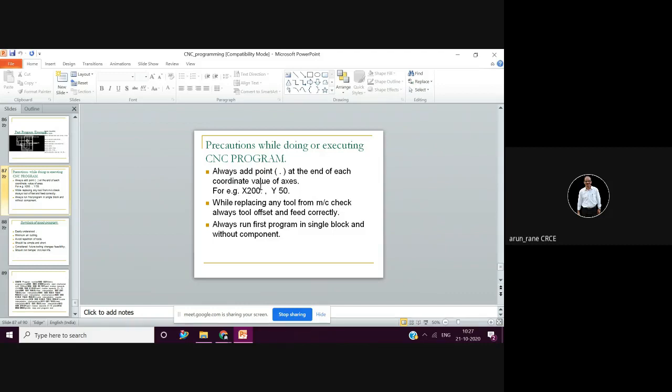Whether it is Fanuc, Siemens, or Pagor, keep a habit of writing down the point, because if you forget it, Siemens will take this as 200 millimeters, but Fanuc will take it as 200 microns. That is 0.2 millimeter. So keep a habit of entering the point.